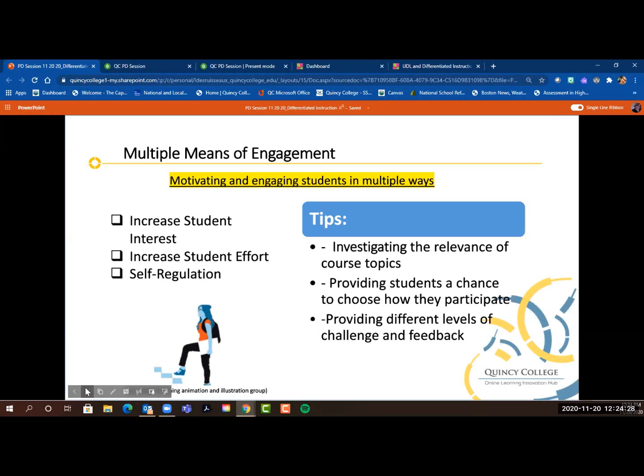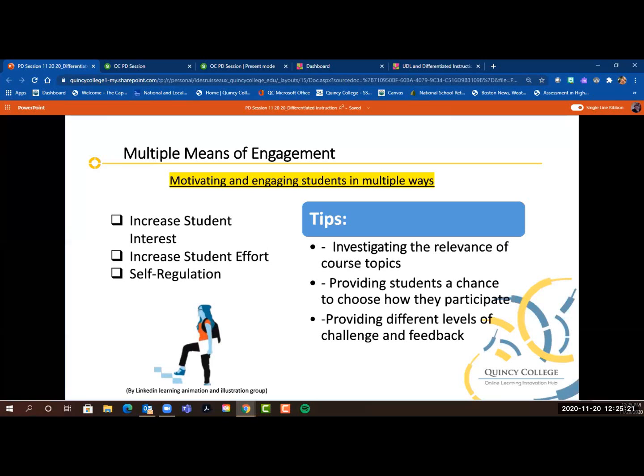And to increase student effort, we give them choice and voice. For example, we can let the students vote on which tools they would like to use for collaboration. We check in with the students' expectations and their preferences. And for self-regulation, we want to build motivation for the learners to want to learn. So we provide them with prompts or immediate feedback so that they can check in and do a self-reflection on the text they're processing. We can post assignments with a checklist of mini goals, or we can provide them with rewards throughout